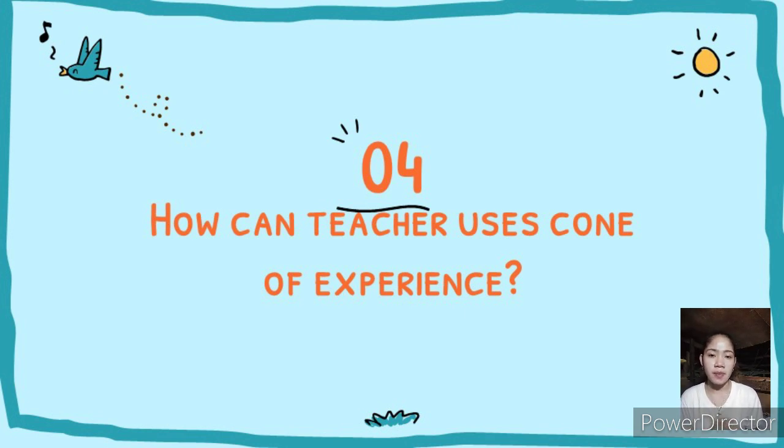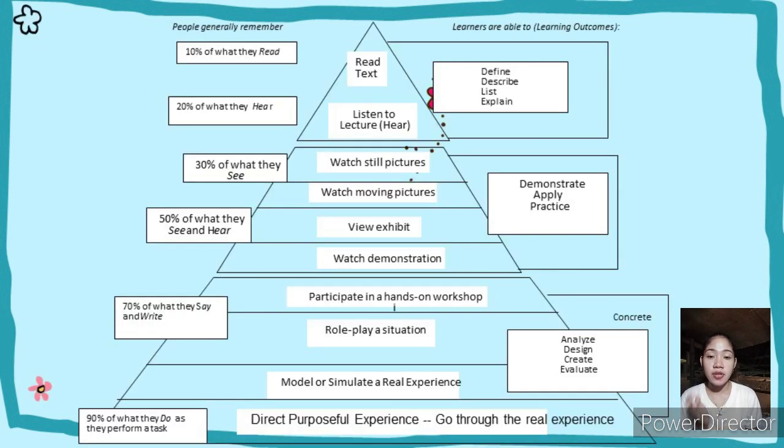The most effective methods at the bottom involve direct, purposeful learning experiences such as hands-on or field experience. The cone charts the average retention rate for various methods of teaching. So the further you progress down the cone, the greater the learning and the more information is likely